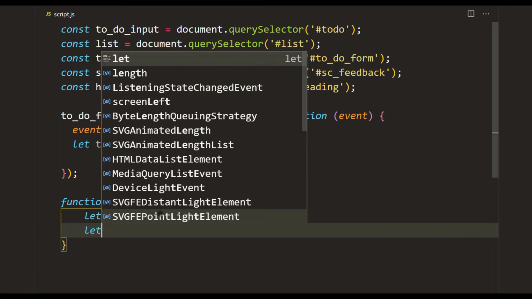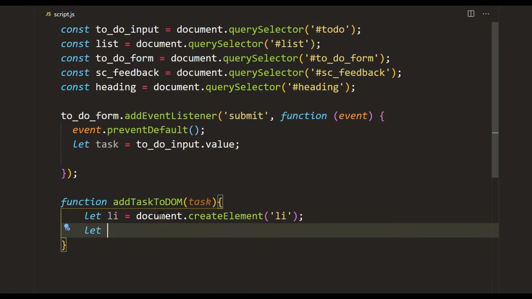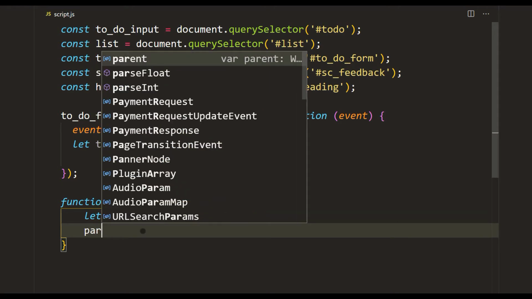The next variable we're going to need is the text. So we say let text, and this is actually going to be the task.